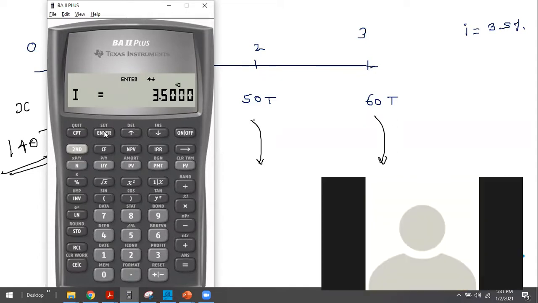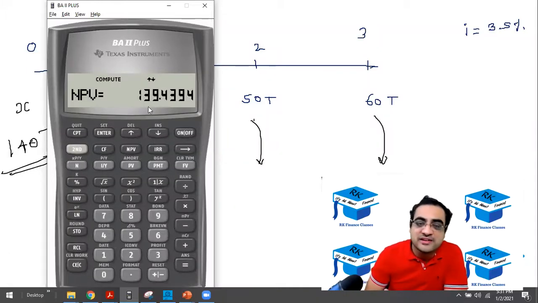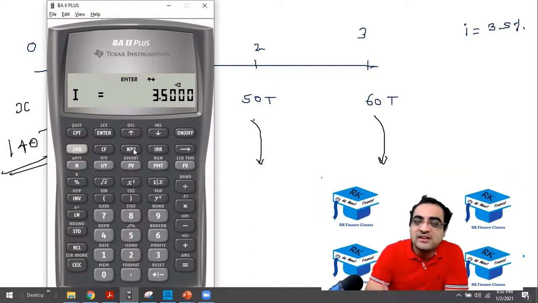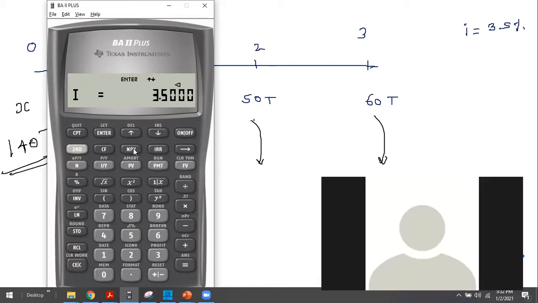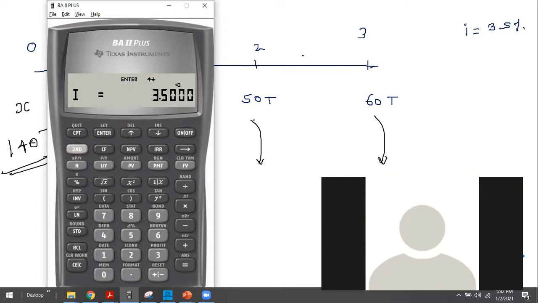Okay, sir. Anjali was saying that after NPV, when you press this downward key, she was getting some answer. You have to ignore that and then press compute. Similarly, once you press NPV, some default value of I could be shown on the calculator. Ignore that. You have to press 3.1 and enter. Okay, sir. Do it and tell me whether you got it or not. Till that time I'm taking other ones' doubts. So do it and let me know.